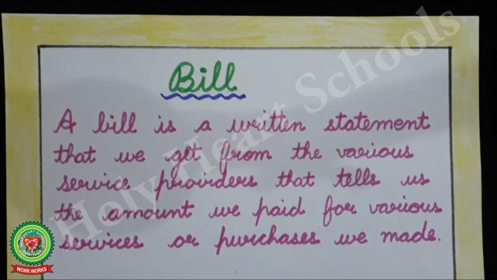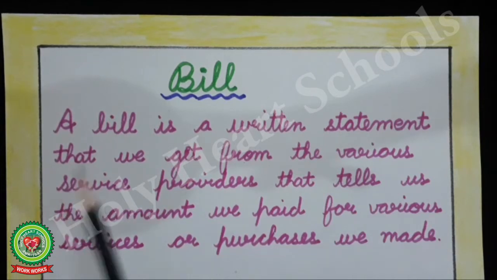For example, you buy 2 pencils, 2 erasers, 2 sharpeners from a shop, and then you have to pay something in return in order to get those items from the shopkeeper. But before that, the shopkeeper gives you one paper in which the number of items, cost of item, and total amount are written, which you will see first, and then you will pay the shopkeeper according to the amount written in that paper. That paper is specifically called a bill.